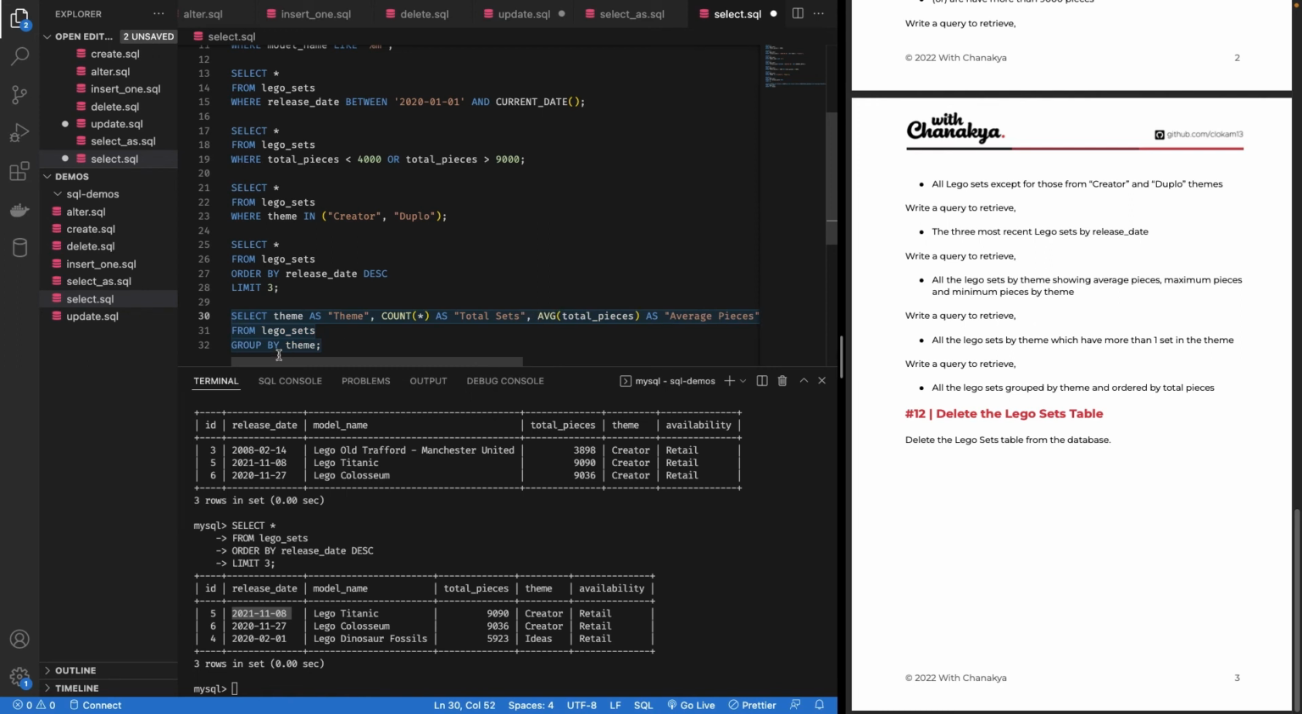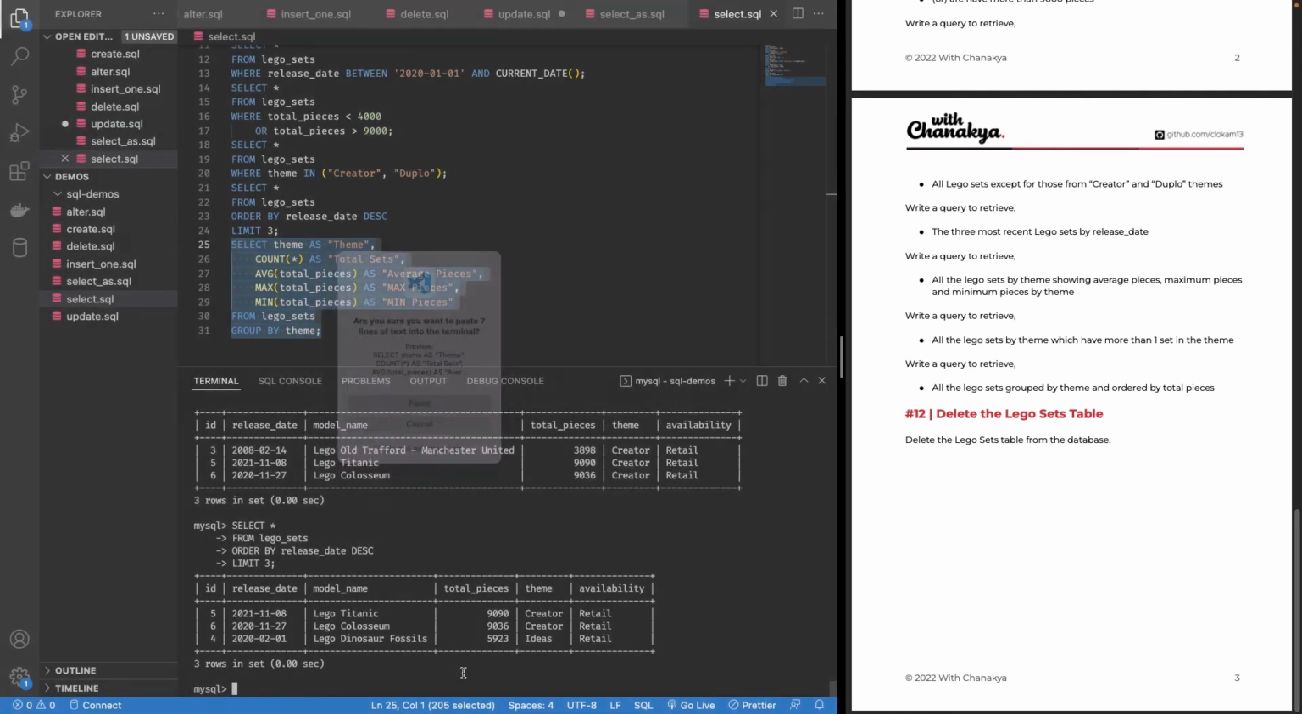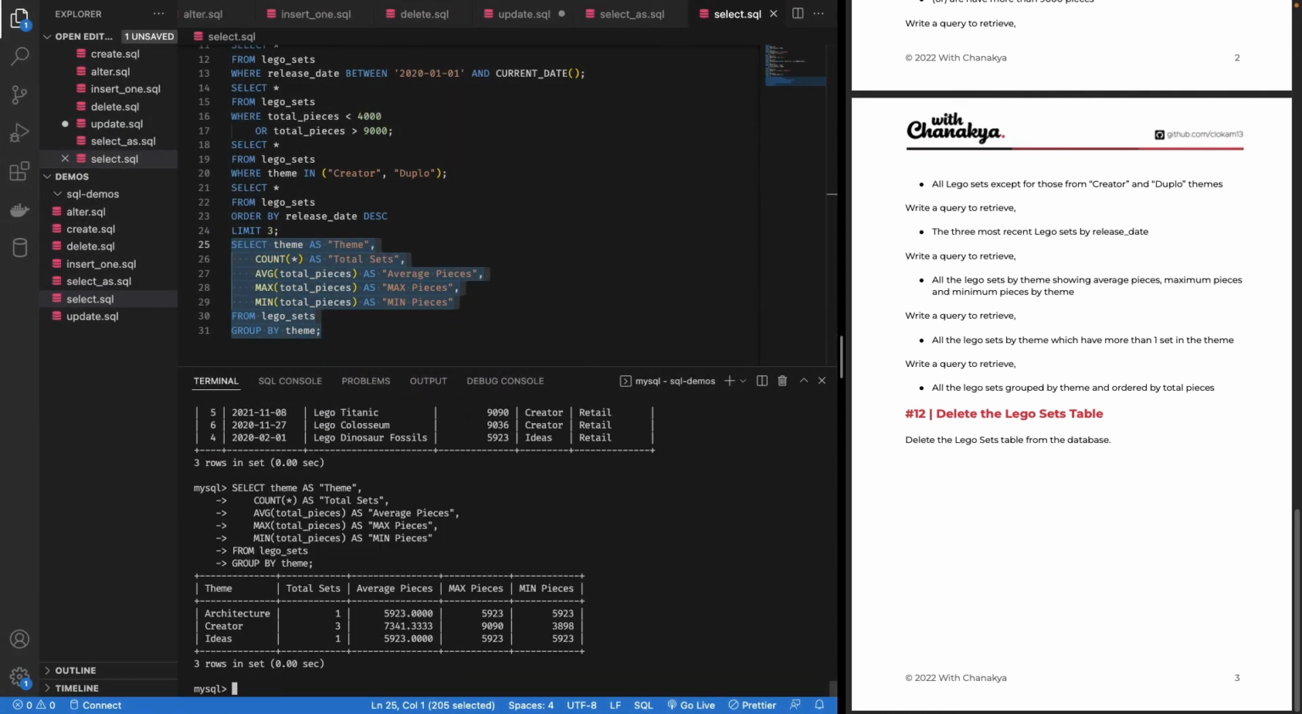For each of the themes, I'll go ahead and copy this and run that. And you can see within architecture, we have one set. Average number of pieces obviously is going to be the same, but for creator, you can see total sets, 7,341 of average pieces, 990 is the maximum number of pieces, and 3898 is the least number of pieces within that